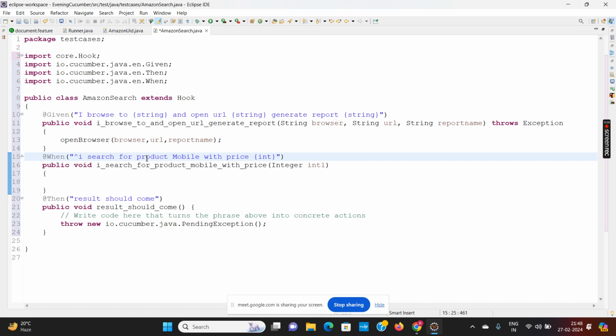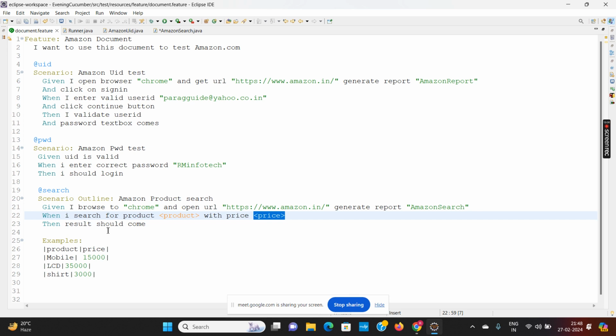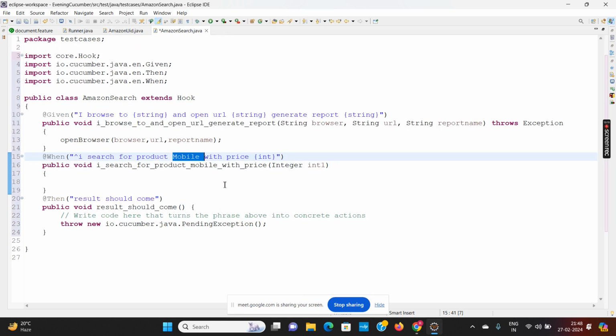And then I search for product. It is taking the product name mobile, the first name it is taking. But I want to take multiple names. So I will remove mobile from here, and instead of that, write dot star like this.